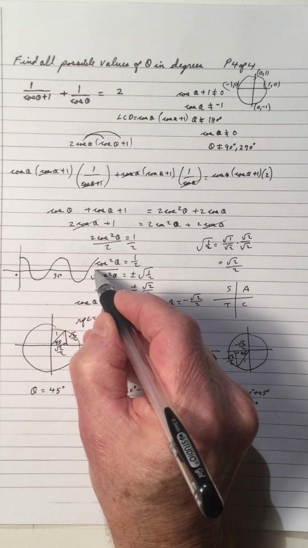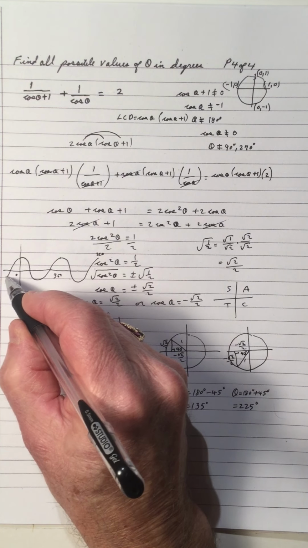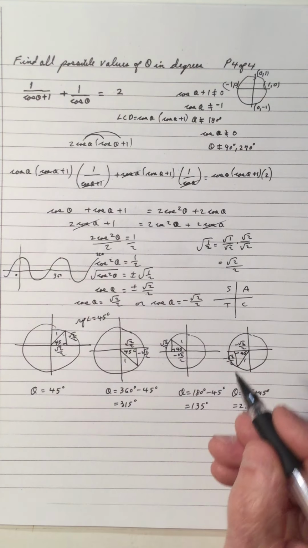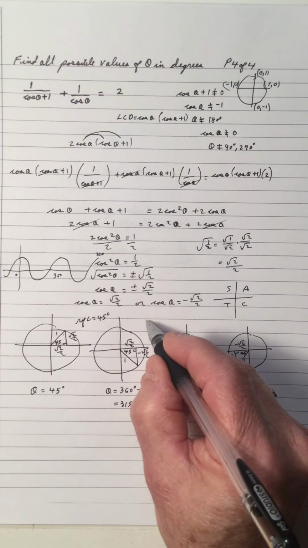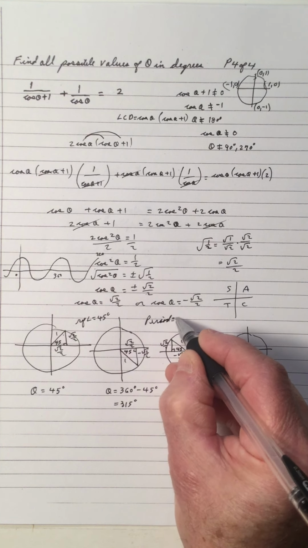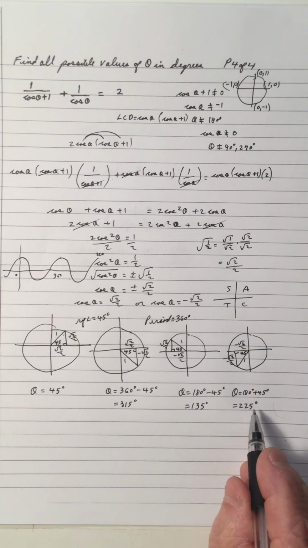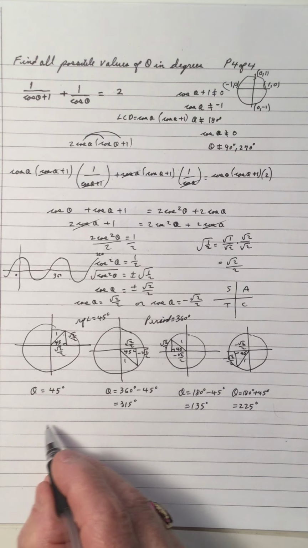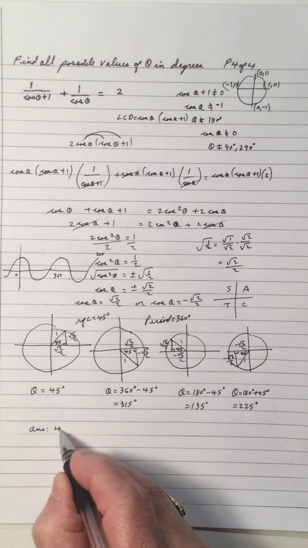So that's 720 over here. And it keeps going backwards like this. So it's periodic. And the period of cos, or sine, is 360 degrees. So that means I'm going to take each of these angles and add on. Here we go. So the answer is 45,